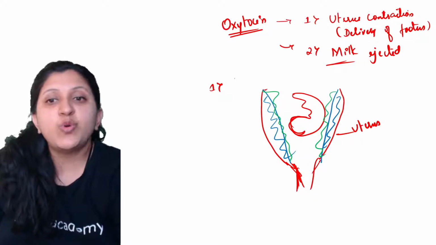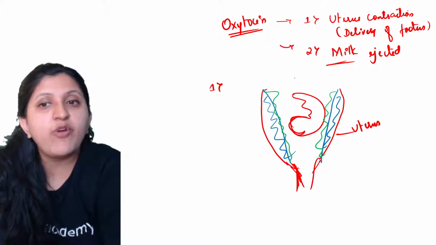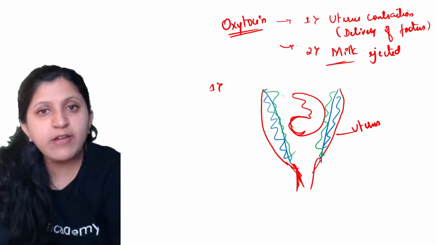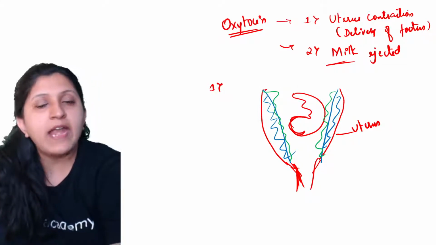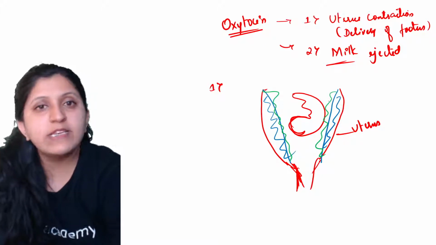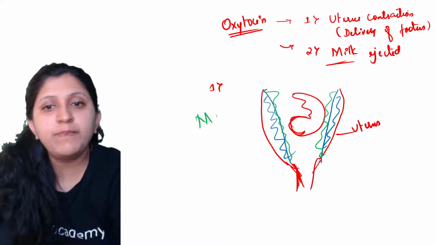Okay, the oxytocin is released, but the signal for the release is sent by the child itself. The adrenal gland will start releasing androgens, and after that it will reach the placenta. The placenta is going to conduct it. Now the maternal pituitary.